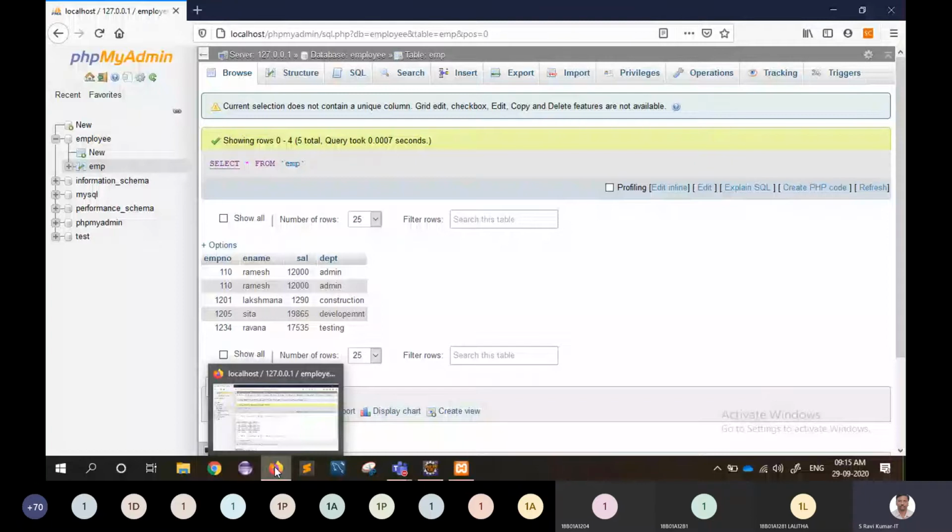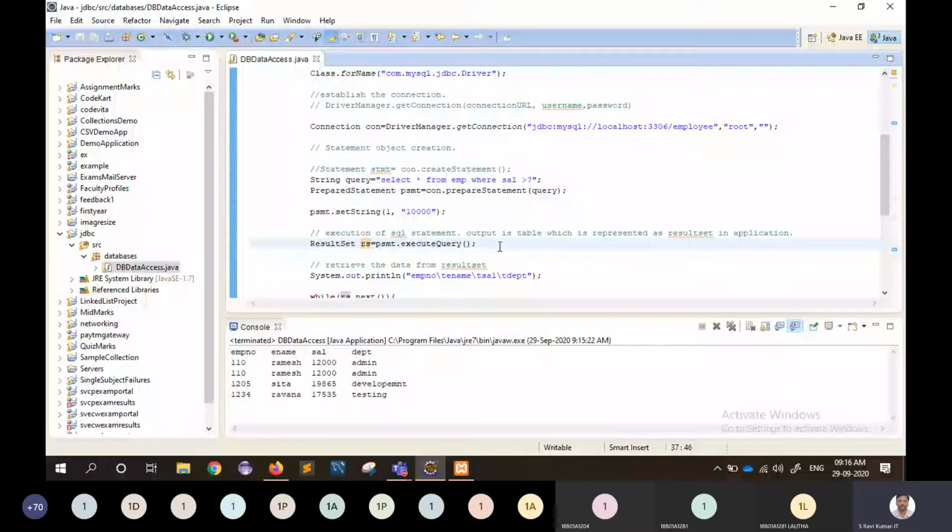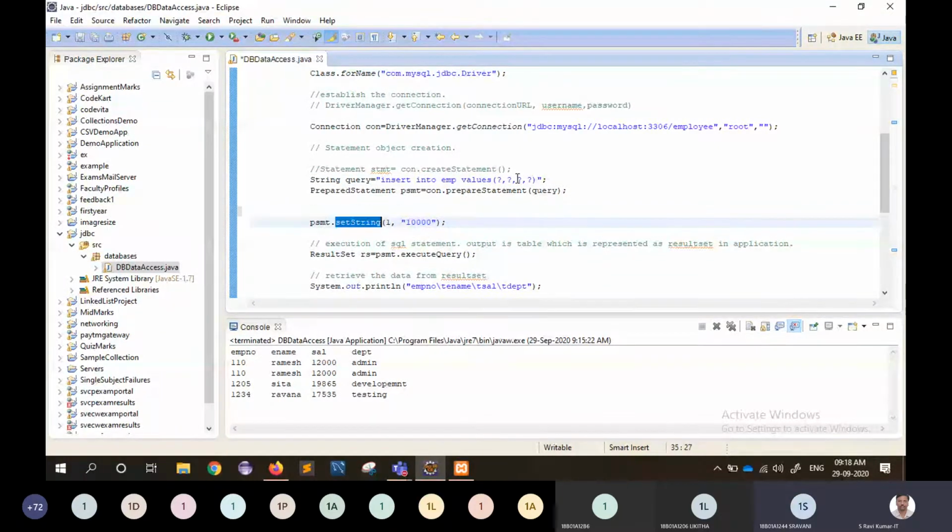Okay, so like this, and we can have insertion operation also. I'm also showing that insertion operation. Please unmute yourself and tell me the insert command syntax. Insert into table name, EMP values of 4 question marks, comma separated. Each question mark represents the specific column here. So now the next step is the setXXX methods.